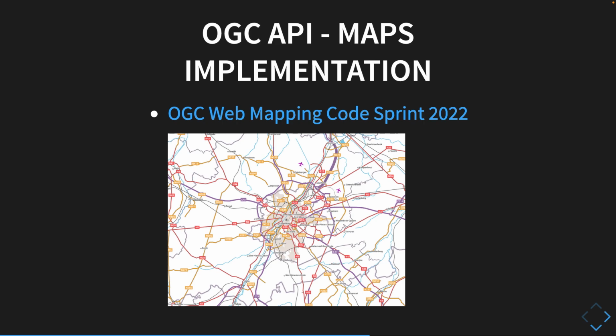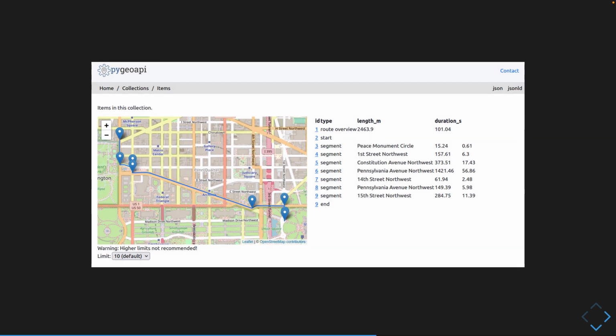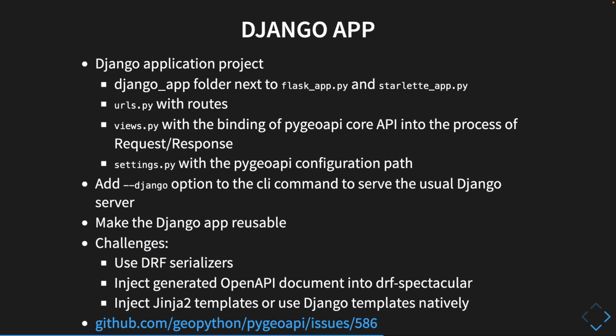And this was implemented again at the November 2022 code sprint for web mapping by OGC. We've also implemented